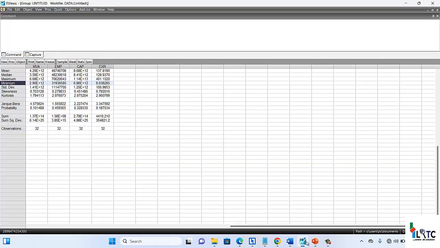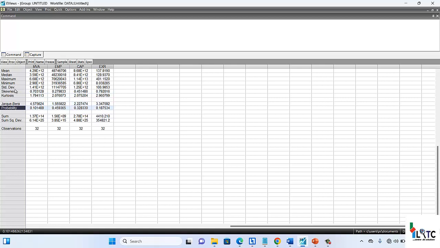So let's go back to EViews. You can see now, your maximum, your minimum, and standard deviation are what? Measures of dispersion. The first two are measures of what? Central tendency. That's the mean and the median. The maximum, the minimum, and standard deviation measure the dispersion. Now for the measure of shape or distribution, that's where we have skewness, kurtosis, Jarque-Bera, and the probability